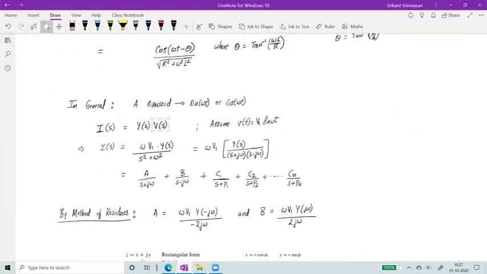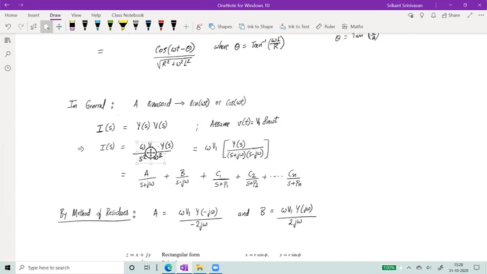And let's assume the v of t is some sinusoid, of the form V1, a constant, times sine omega t, right? That's my input voltage. I'm defining it. The problem we solved just now was for cosine omega t. Instead, now I'm using sine omega t for generality. Then my transform would be Y of s into the transform of V1 sine omega t. The transform of sine omega t is omega over omega square plus s square.